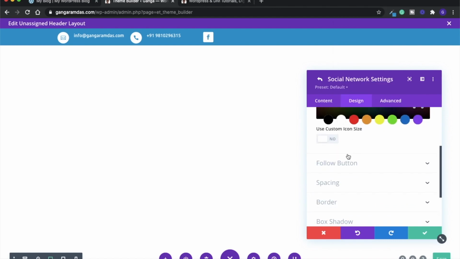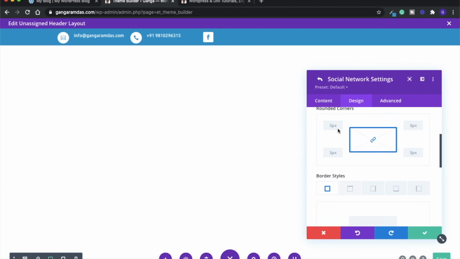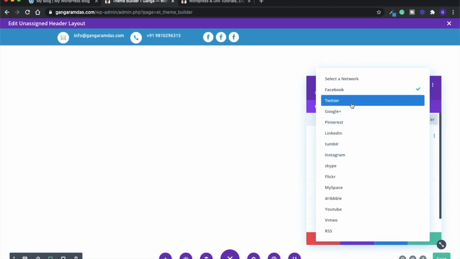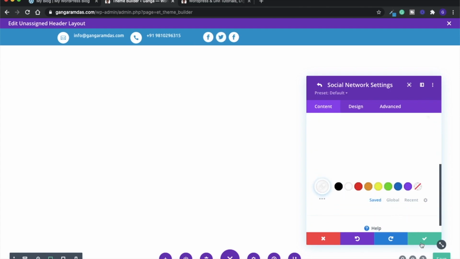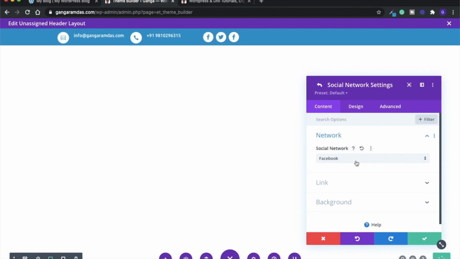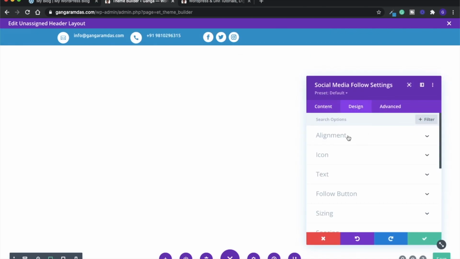And now what we have to do is add the border and make it round because all our buttons are round, and now it is fine. Now just duplicate it. Now just simply change whatever social media you want, and you just need to change the background only. And now let me select the Instagram icon. Now simply go to the social media module setting and go to the design, and in alignment section